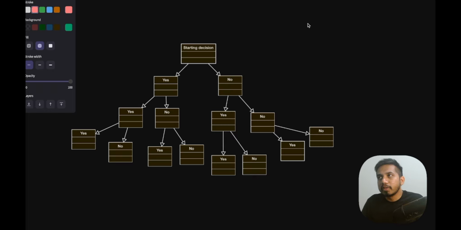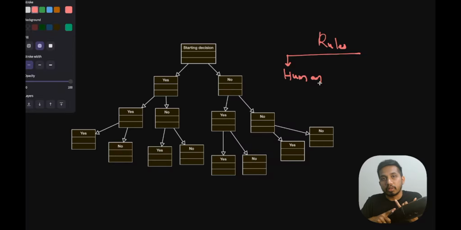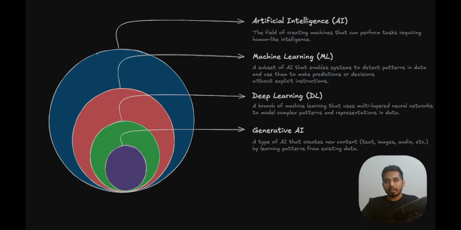But there is a problem with this approach. Here, who is creating the rules? A human is creating the rules. It took 5 to 6 years to build this kind of system. But think about the current situation, the number of users we have, the amount of data we have. Do you think it is possible to create these manual rules? And if at all we dare to do it with huge manual effort, do you think it will sustain? Tomorrow a new use case will come and we need to recalculate these rules again. So it is almost impossible to create these rules. Instead, we need machines to build these rules. That is where we are interested. Good. So we need machines to create this rule set.